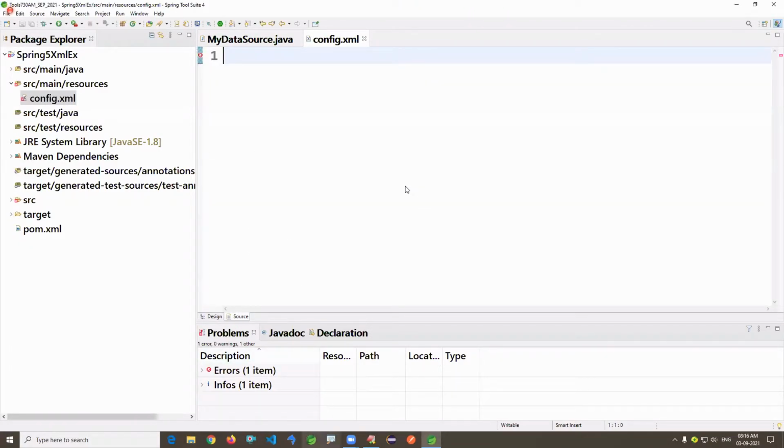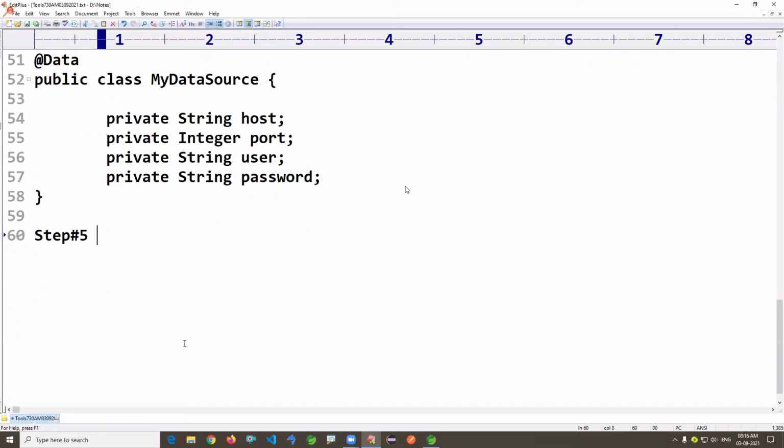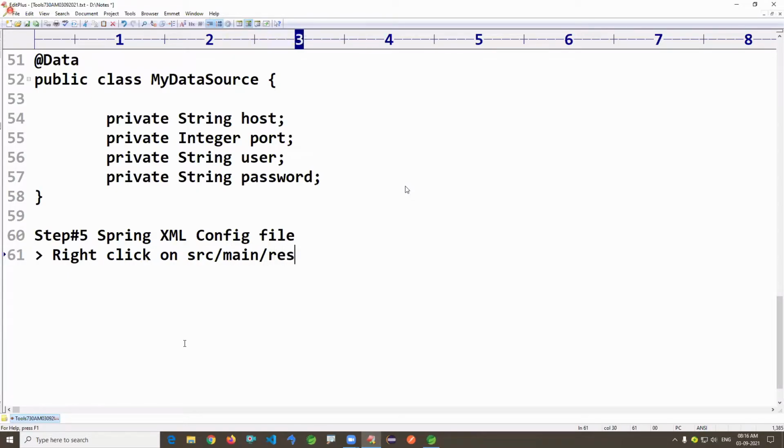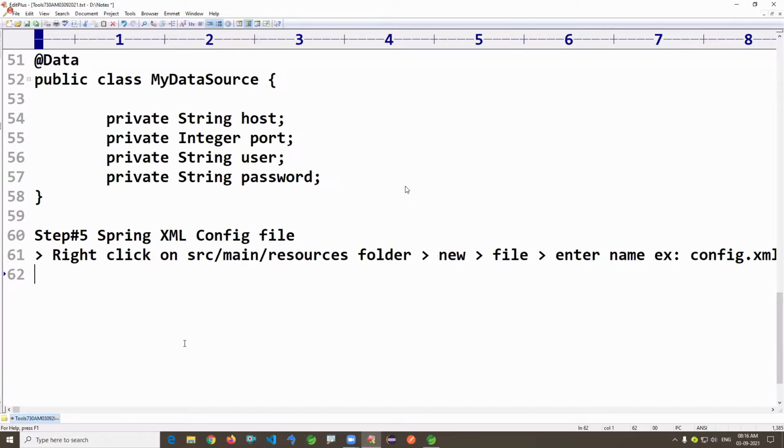Okay, now this is created. I'm just giving the steps here. Spring XML configuration file. Right click on the src main resources folder, new file, enter a name. Example is config.xml.